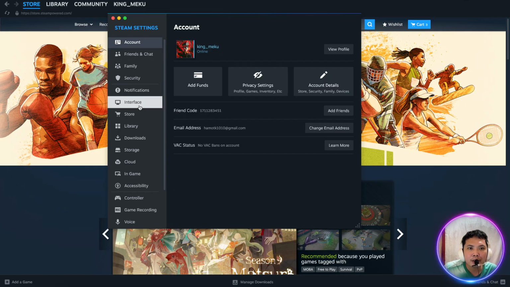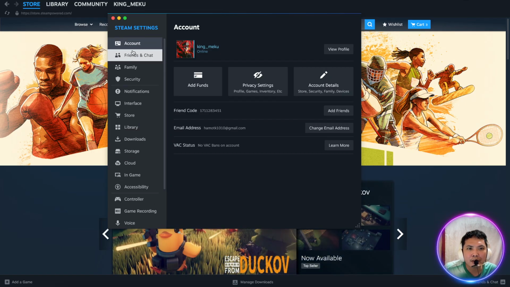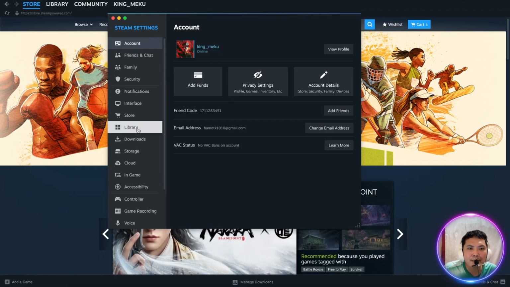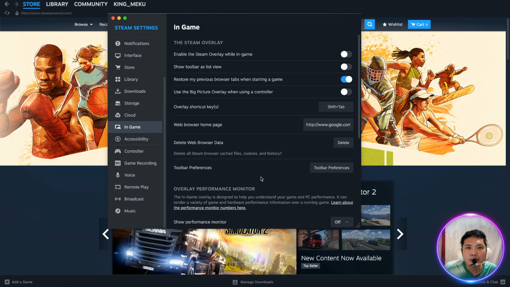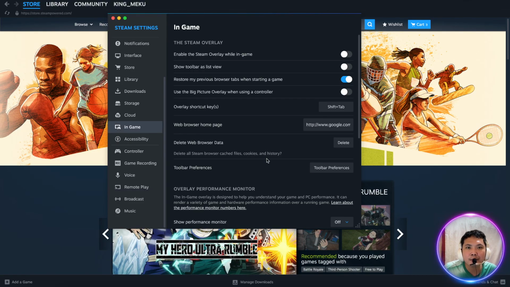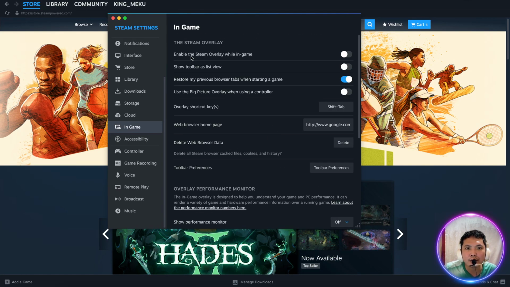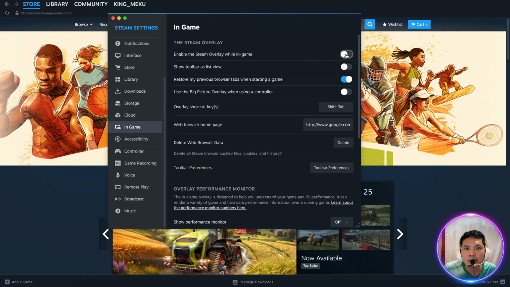There are a lot of options here guys, and you just have to look for and go to the in-game option. So here guys, click this one. As you can see here, in order for us to enable the Steam overlay, we just have to find it, and this one guys. Here, just click this one to enable the Steam overlay, and after that you can click OK,